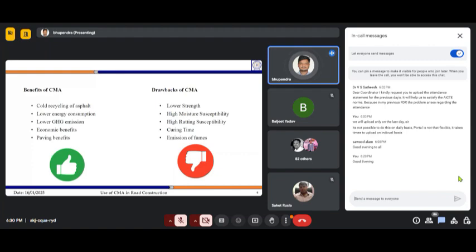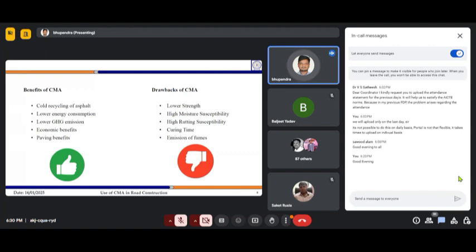And finally, the paving benefits are also there. So what does paving benefit mean? Paving benefit means there are a couple of advantages which are from the workers' and laborers' point of view specifically. We have seen in India, when these workers and laborers work on infrastructure projects, including road construction projects, they don't pay any attention to the safety of these people. They will not be having any type of safety gloves, or other safety gear, helmets and masks and those kinds of things.